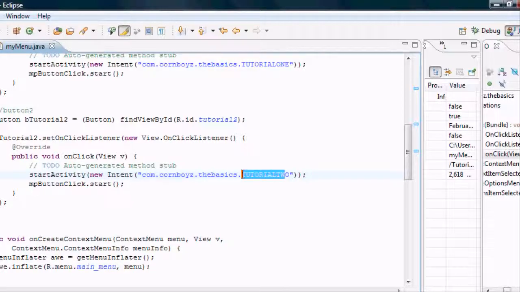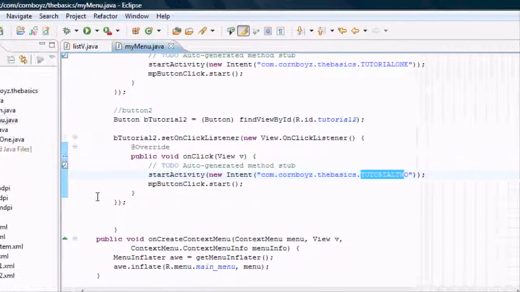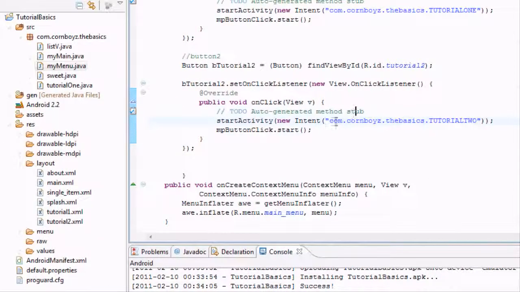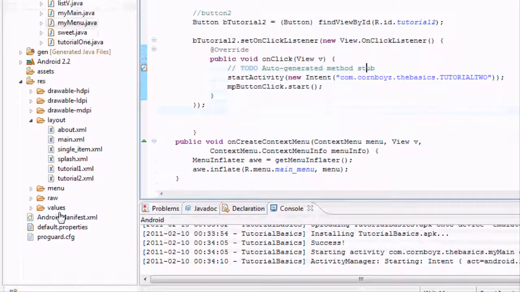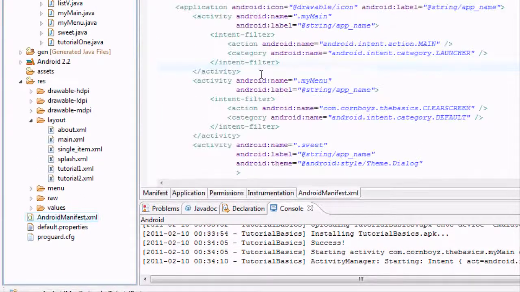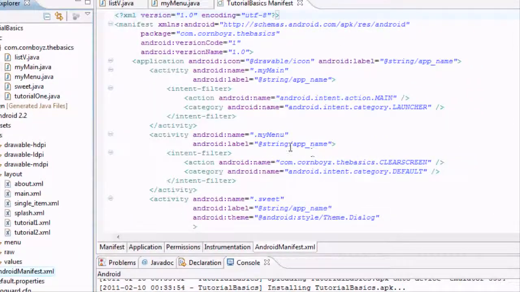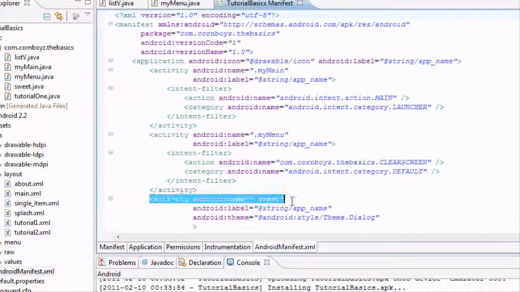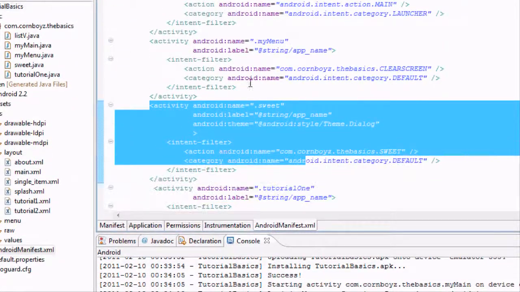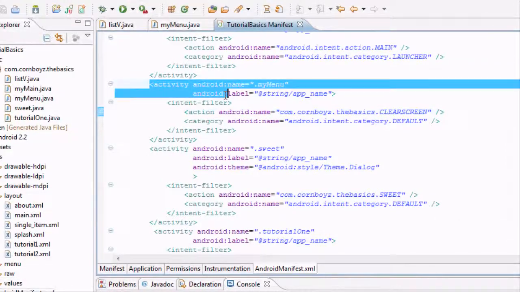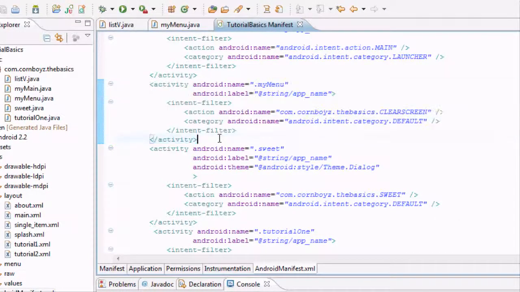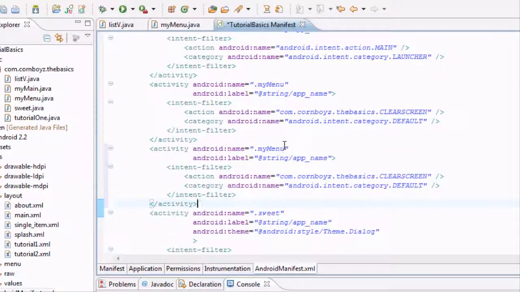Tutorial 2. You just want to change that end part to tutorial 2, and then in our Android manifest, we want to set up tutorial 2 as our list activity. So I'm just going to copy and paste one of these. Probably not the one with the theme that we did, but just copy that one, paste it down here, label it as list